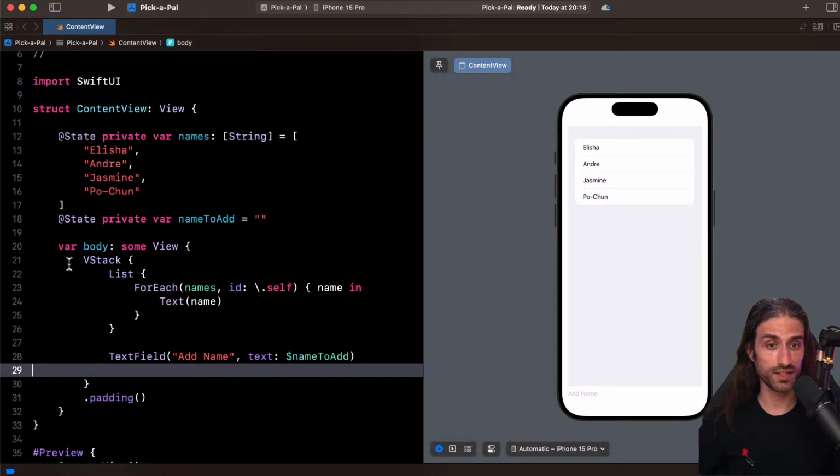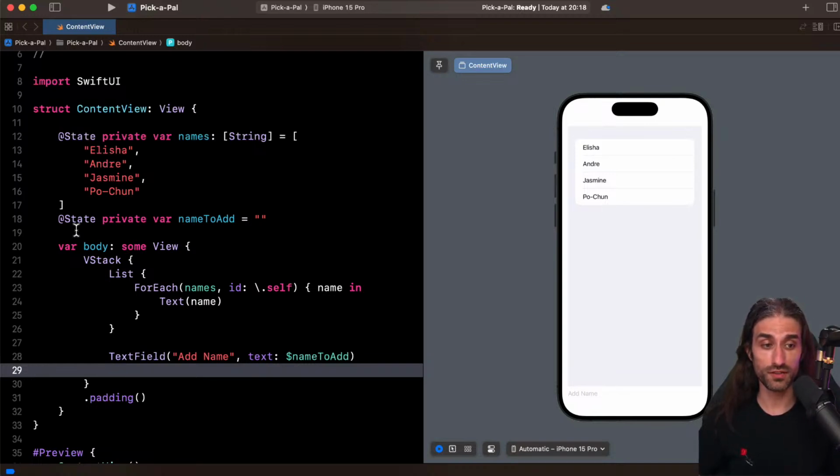With iOS 17's new observation mechanism, this changes a bit, because for the body to be recomputed, not only do you need the property to be @State, but you also need the property to be used inside the body. This means that @State is now only a necessary condition, but it's not sufficient.